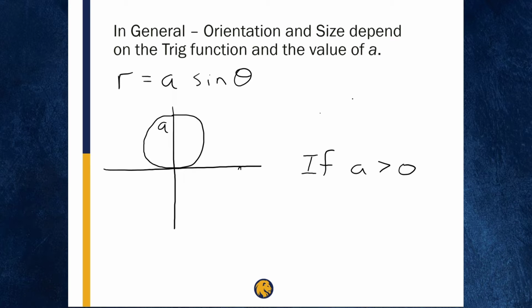So if a is greater than 0, it'll actually be located on the upper half or above the x-axis if we're thinking in terms of rectangular coordinates. And if a is less than 0, then the circle will be located down below,